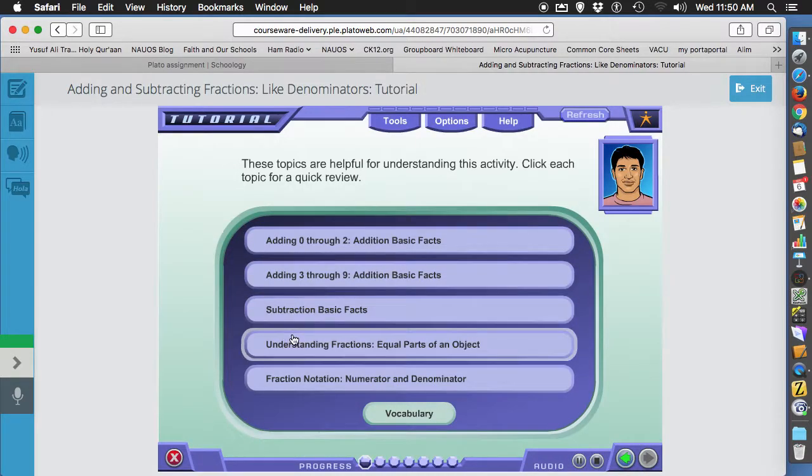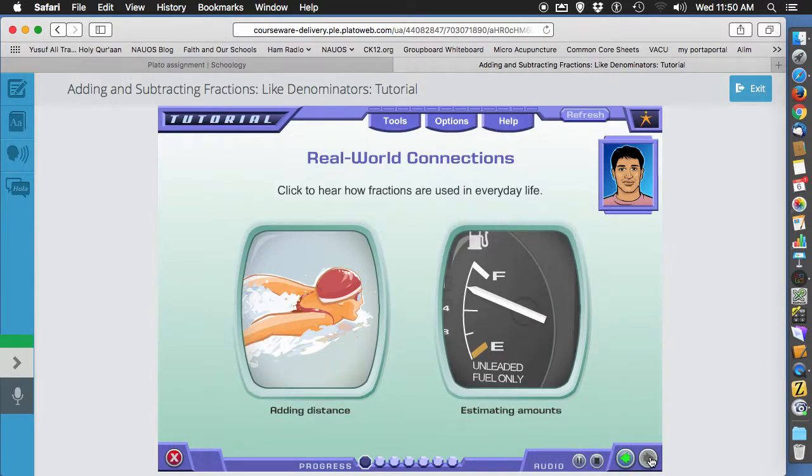"These topics are helpful for understanding this activity. Click each topic for a quick review." Okay, now I can go ahead on. "These topics are helpful for understanding this activity. Click each topic for a quick review. Click to hear how fractions are used in everyday life." All right. So